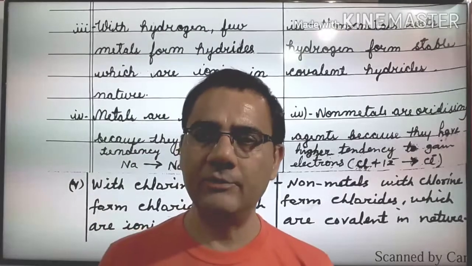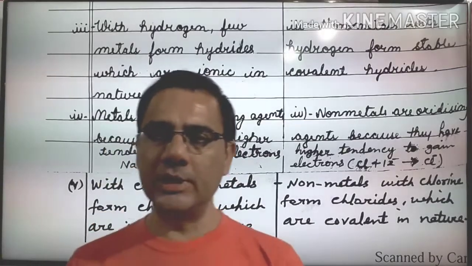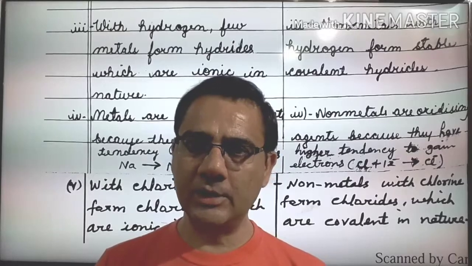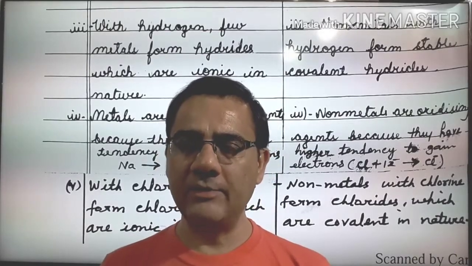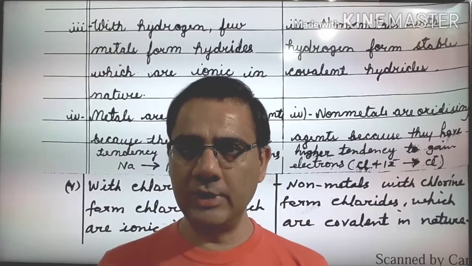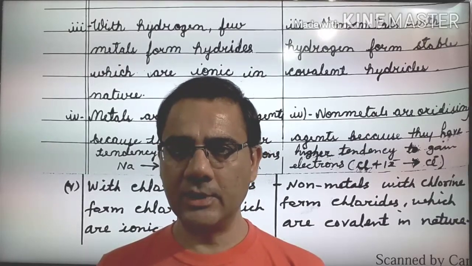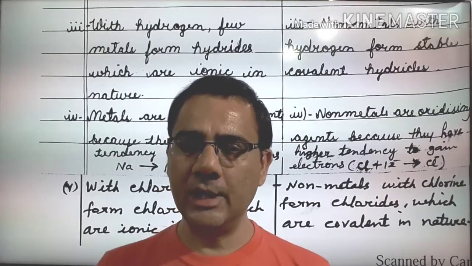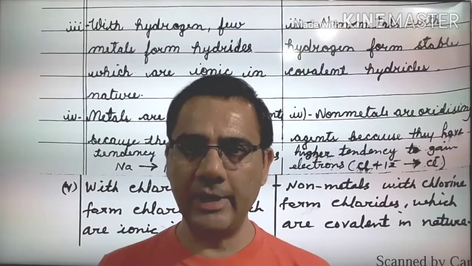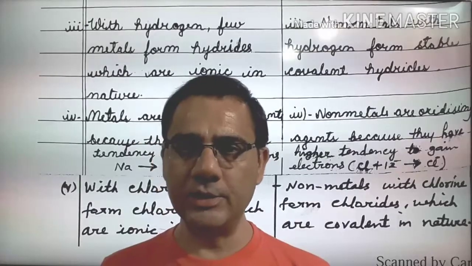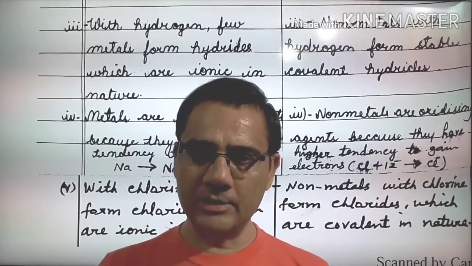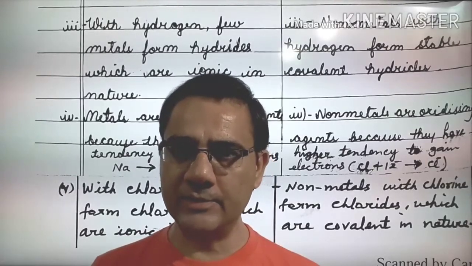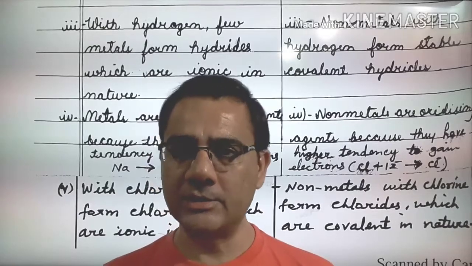In the first chapter, I told you that those elements which lose electrons show oxidation. And those elements which show oxidation are reducing agents. So metals have a tendency to lose electrons. So they oxidize themselves and give the electrons to others. Those to whom they give, undergo reduction. So we can say metals oxidize themselves and reduce others. So they are called reducing agents. Listen again: metals lose the electron themselves and give it to others. So metals oxidize themselves, reduce others. So they are the best reducing agents.